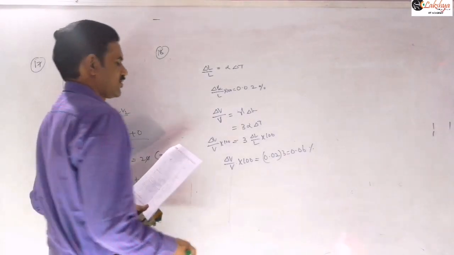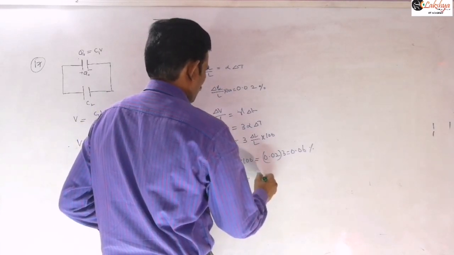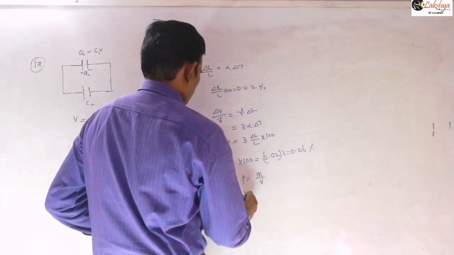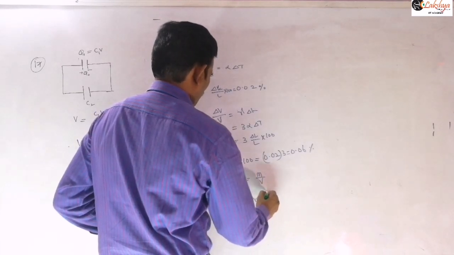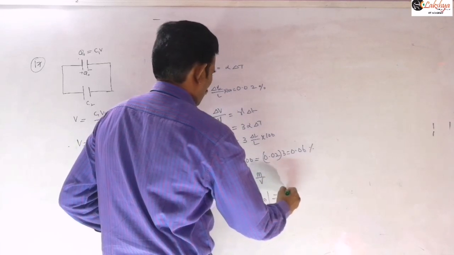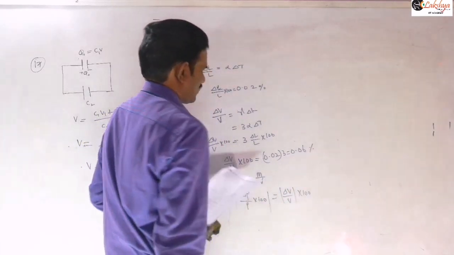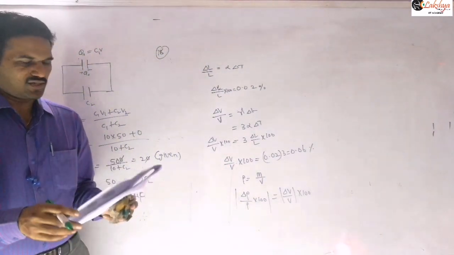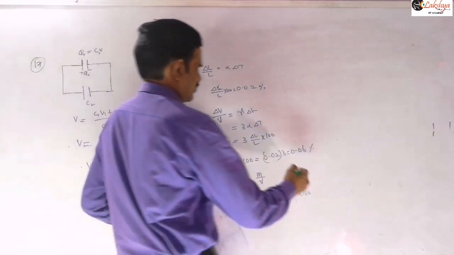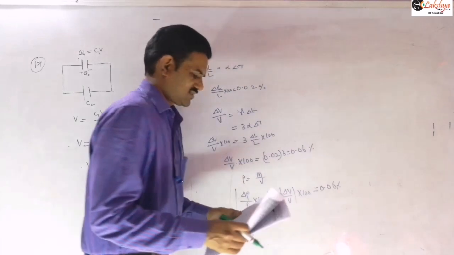That means with opposite sign, because this density you can write this as mass by volume, and therefore mod of delta rho by rho into 100 is equal to mod of delta V by V into 100, because that mass remains constant there. So then you can answer this as 0.06%. That's the percentage change in volume.